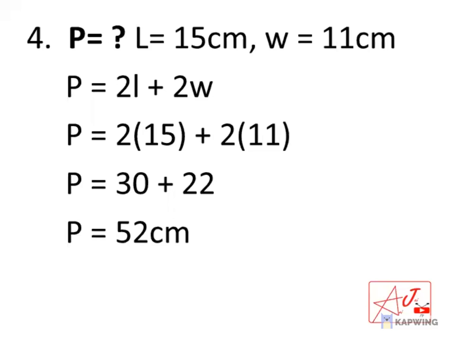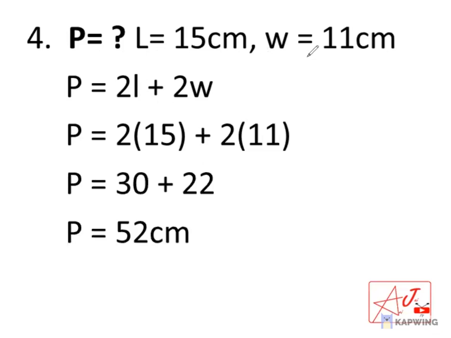Okay, next. Perimeter is missing. We have the given length which is 15 centimeters and given width which is 11 centimeters. By just looking at the given here, we can easily identify that we are talking about a rectangle. And to calculate for the perimeter of a rectangle, we need to use the formula P is equal to 2L plus 2 width. So P is equal to 2, substitute the value of length which is 15,